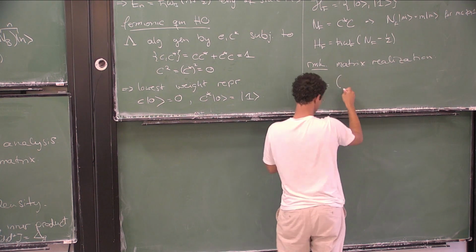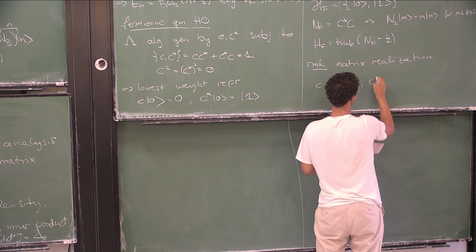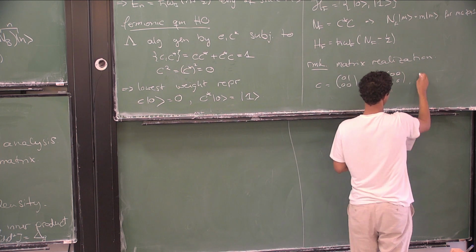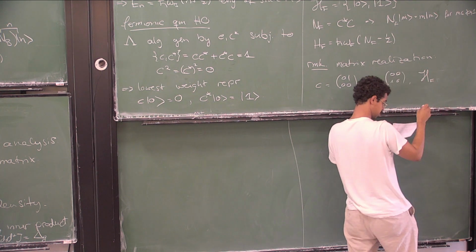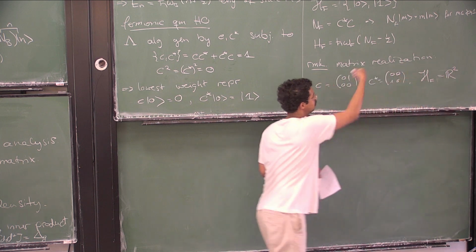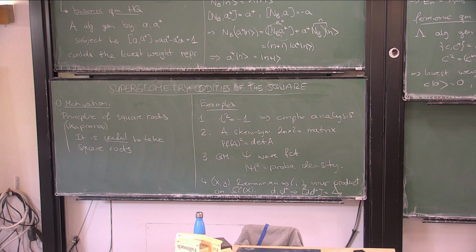You take C to be the matrix 0, 1, 0, 0, and you take C star to be the matrix 0, 0, 1, 0, and then your fermionic Hilbert space will be just the fundamental representation on R2. And H is h bar omega over 2 times the matrix 1, 0, 0,